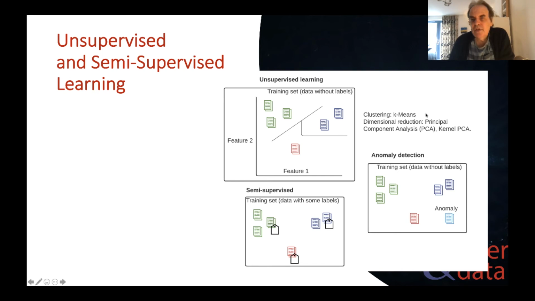So examples of this are in clustering. With clustering, we take our data sets and we move them into areas where they naturally cluster together. If we were to draw two features, one feature against the next, then we might see our data moving into certain clusters. In this way, we can have unsupervised learning.